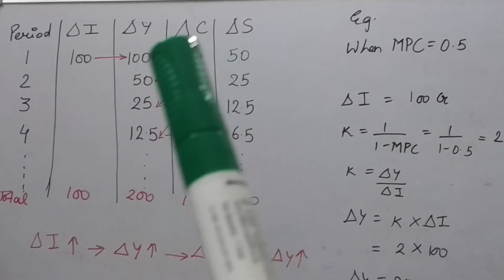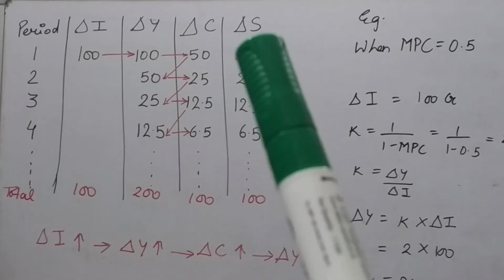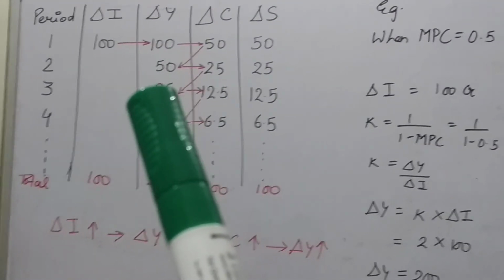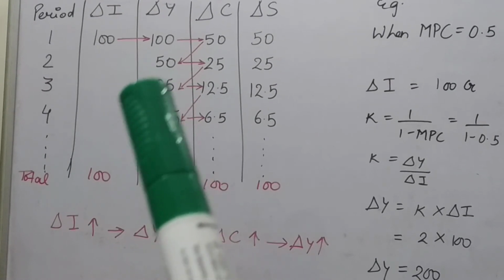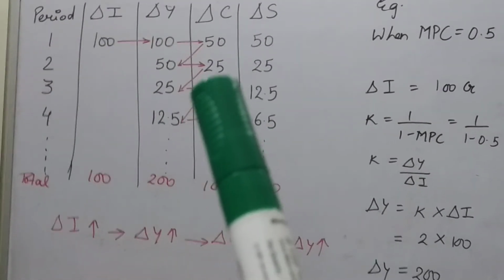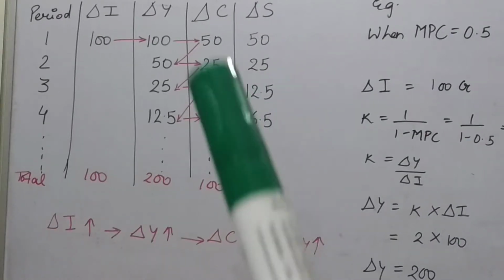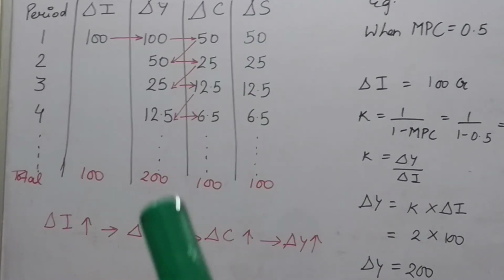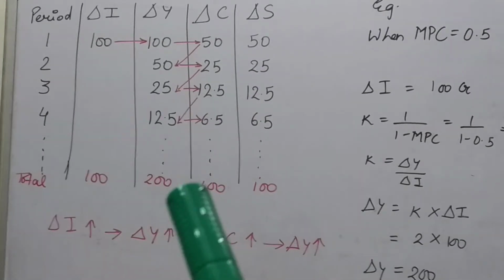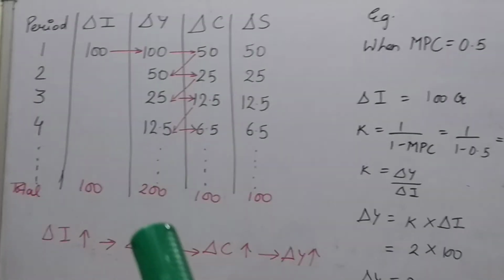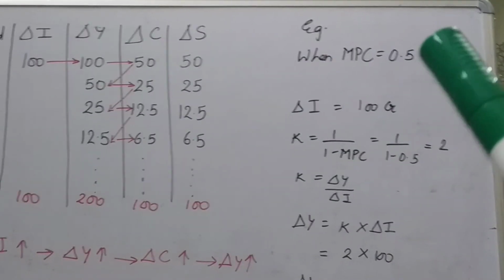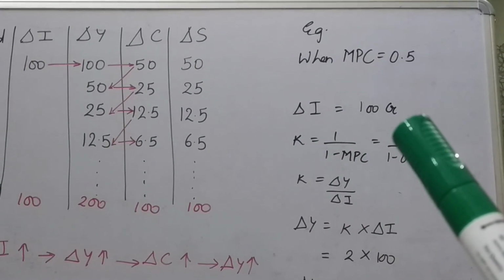Now whatever amount is consumed, that same consumption will be the income of another person. So again with MPC 0.5, 50 into 0.5, 25 crore rupees is consumed and 25 is saved. Again this 25 crore rupees becomes the income of another person. So this process will continue till the income increases up to rupees 200 crore. And why is it 2 times? Here with the example we can explain that MPC is 0.5 and first of all investment is done in the economy, that is 100 crores.